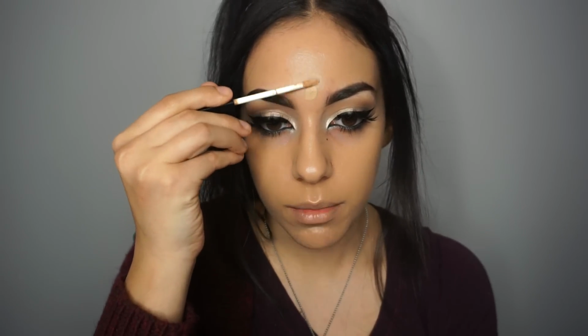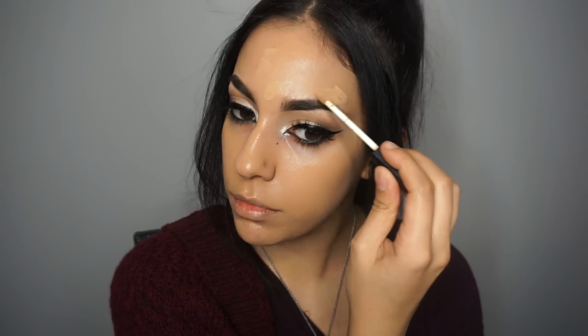So when I'm doing full coverage, I like to go in with my Nars Concealer. And this shade is in Ginger. This is the one that I use to mainly cover up blemishes before I go in with cream contour and highlight. So I normally just go